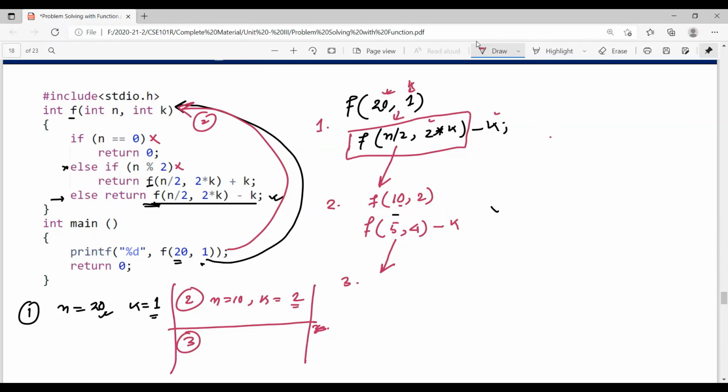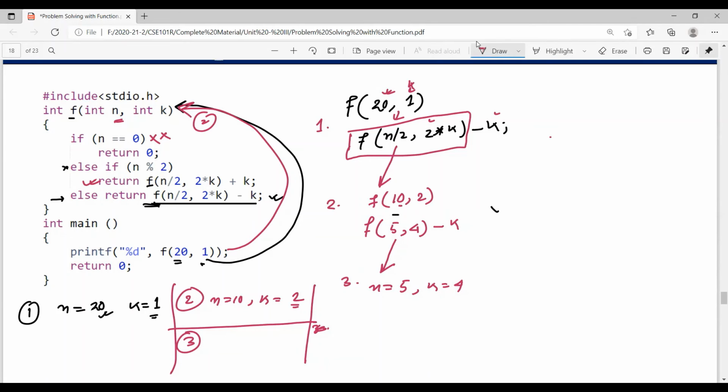Third time we are calling. So what is the value that we have now? 5 and 4. n equal to 5 and k equal to 4. Correct? So now we are checking 5 equal to 0. No, again it is false. 5 modulus 2 is what? 1, so it becomes true, and it executes this line: return.